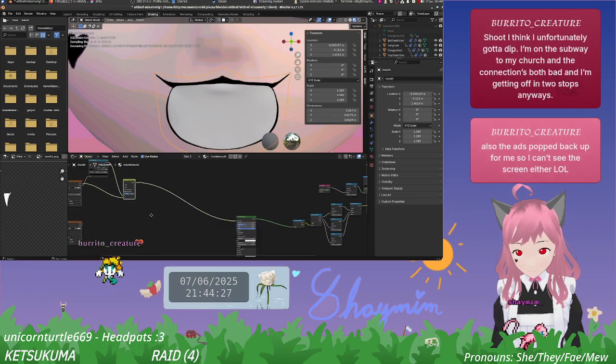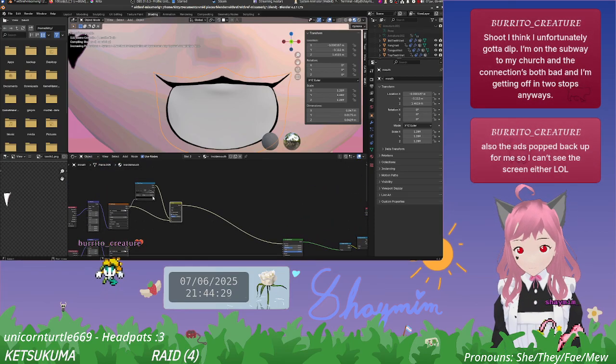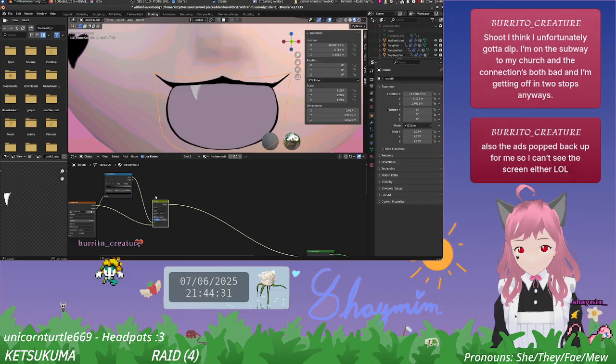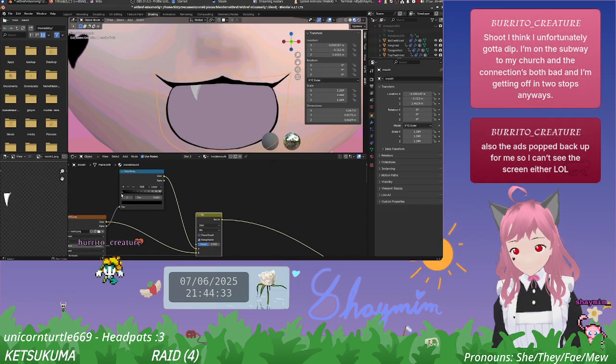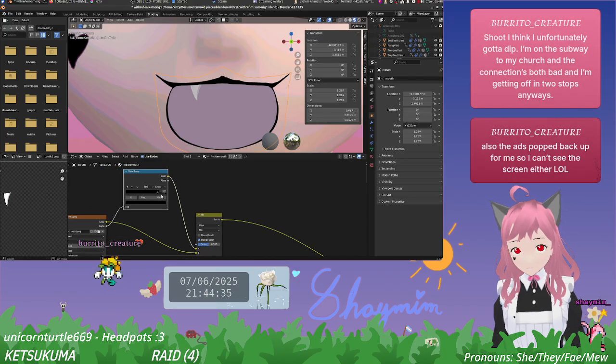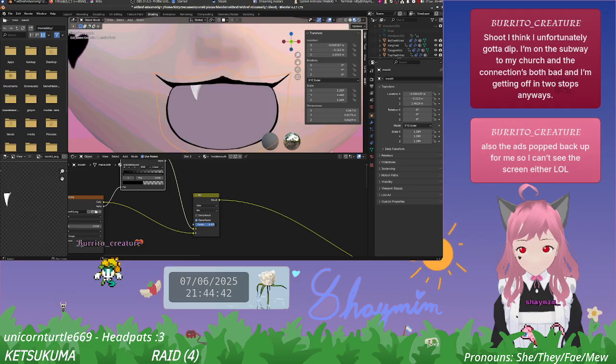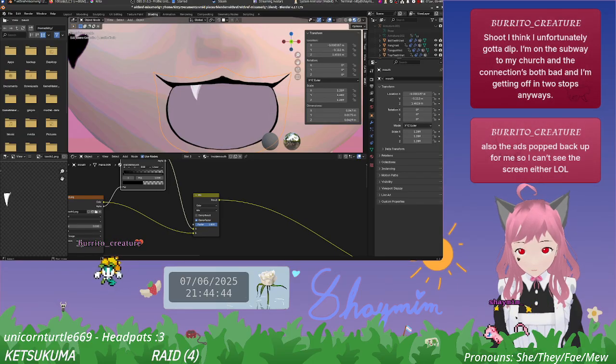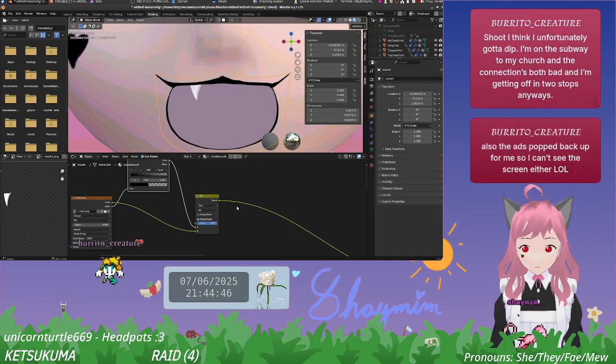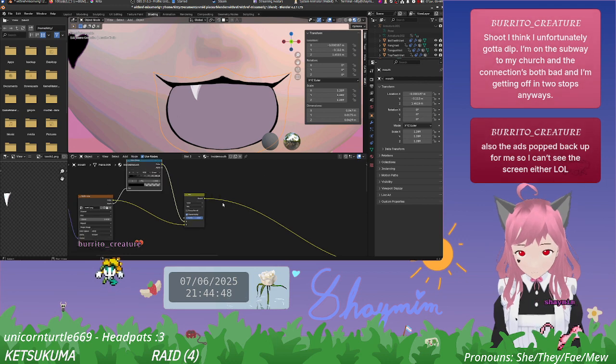How's that look? Okay, now if I drag this around, it does nothing. If I change this factor, it makes it more visible, but the background stays the wrong thing.